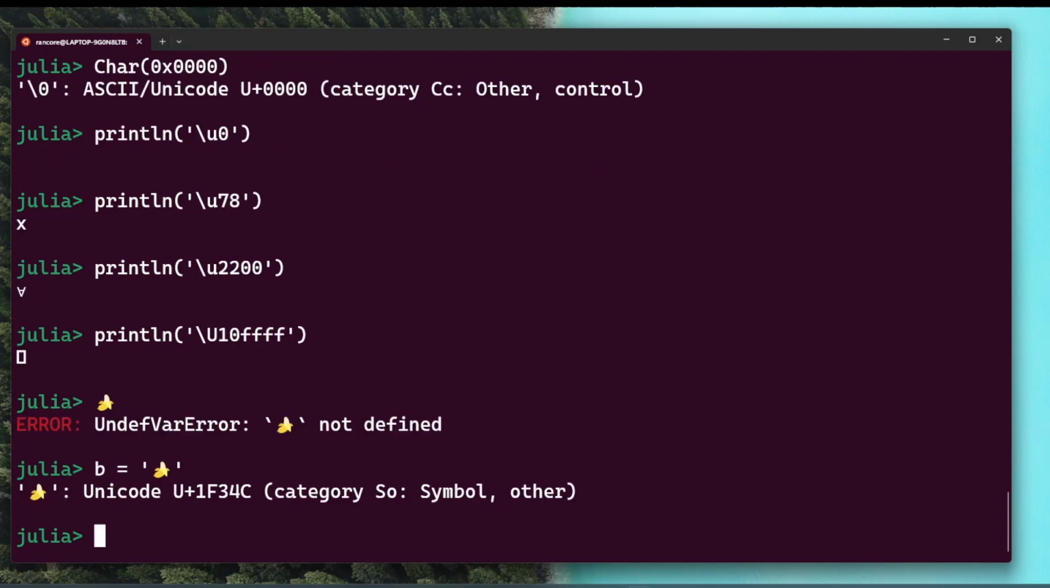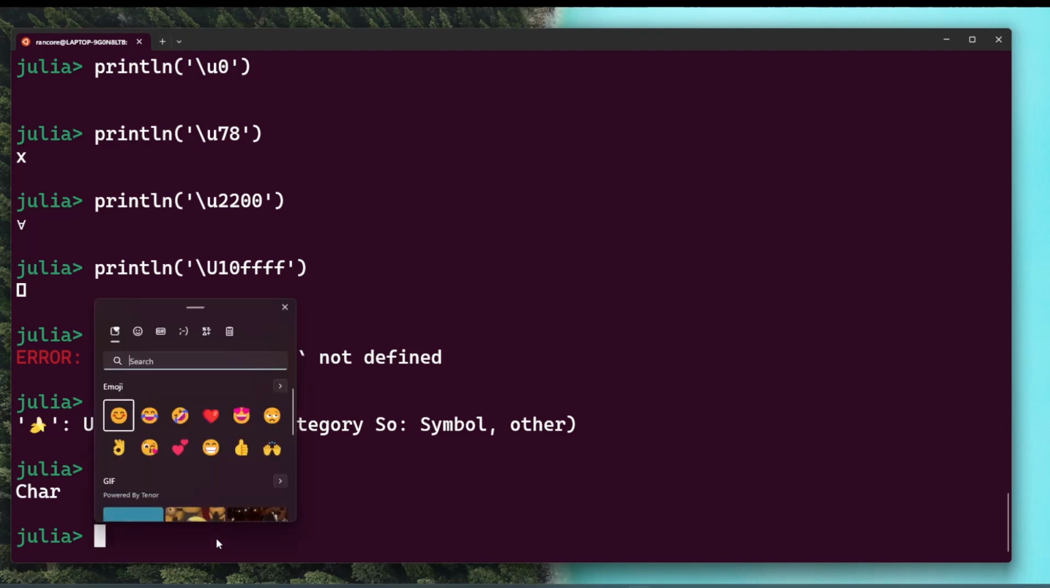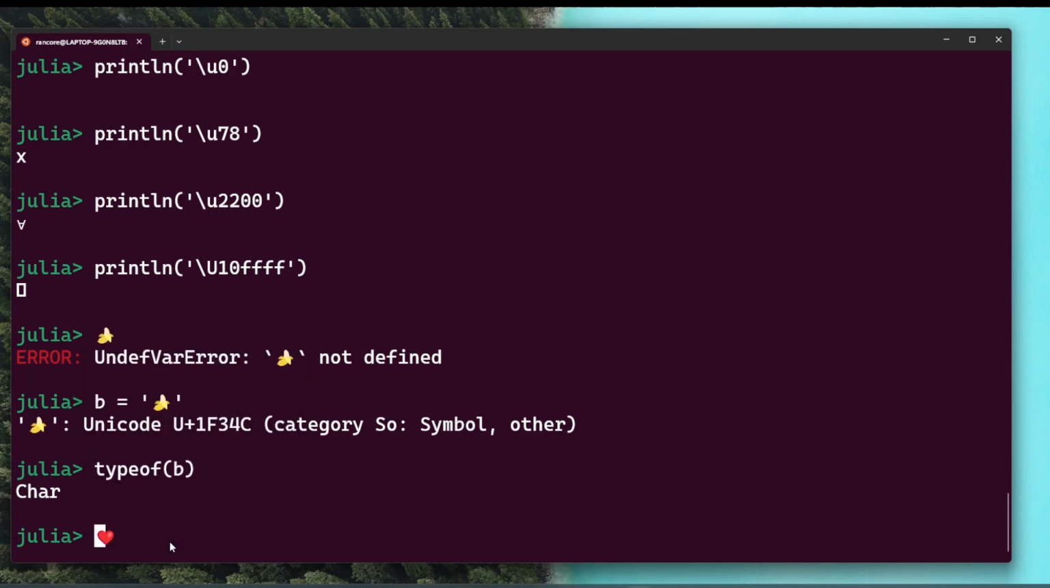Now b has a Unicode character symbol. Let me see what the type of b is. It is a character. There are multiple Unicode symbols supported. On Windows, if you press the Windows button and then the semicolon, you might see a lot of character values you can choose and insert directly. If I want to insert a heart, I can just insert the heart and let me see what it is, so I will say heart equals to,